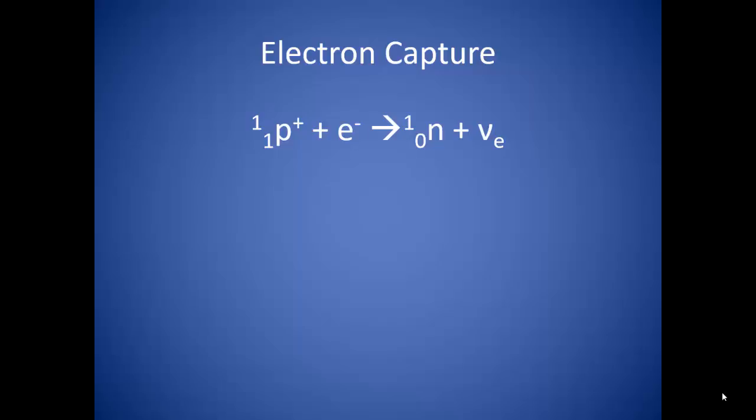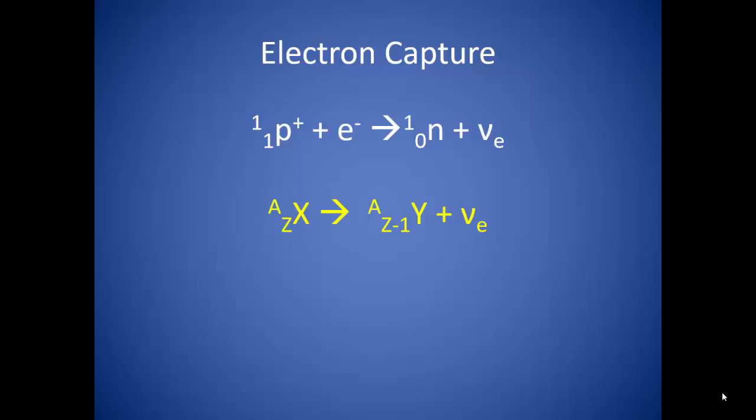When an inner electron is captured by the nucleus, it creates an unoccupied quantum state. This allows one of the outer electrons to move to the lower energy level, and this movement to a lower energy level releases energy. So we start out with element X, which has a mass number of A and an atomic number